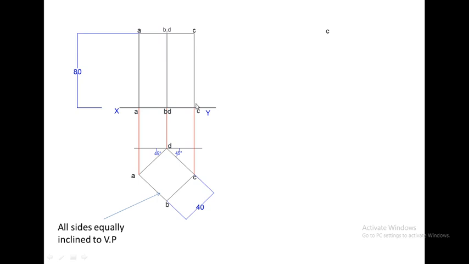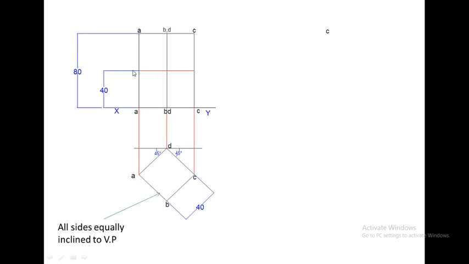Now we have to draw the circular hole with the given conditions in the question. It is given that the axis of the circular hole bisects the axis of the prism. So we can say this line coincides with the axis of the square prism. So we have to mark the center on this line, at the midpoint. So first we will mark the center of the hole.